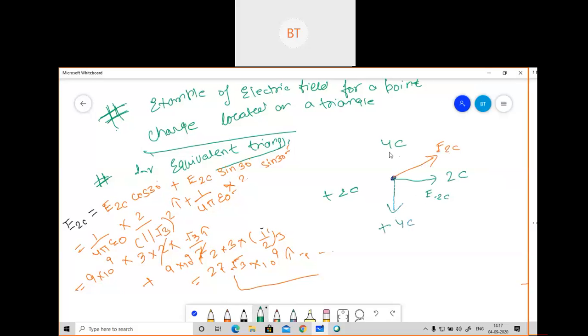So now we'll draw the triangle. This is our triangle, and now you can draw the x-axis and y-axis. This is our x-axis, this is our y-axis. If you can see, this whole angle is 60. So what will it be? This will be 30, this will also be 30, this will also be 30, and this 30. So now the diagram is clear. This is the diagram.